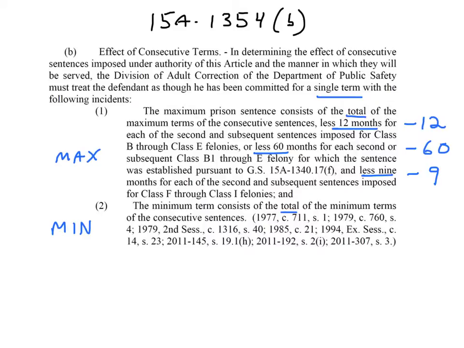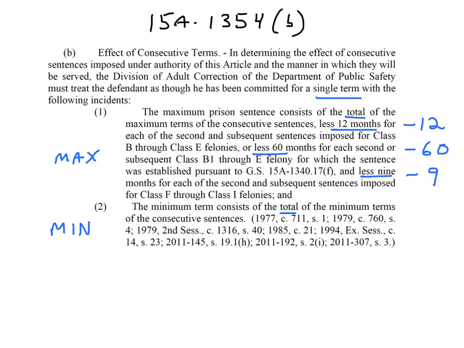Now the reason we do that subtraction is because every felony maximum sentence nowadays includes time built into it for post-release supervision, but when a person is released from consecutive sentences, they only serve one term of post-release. So we need to do that subtraction to purge out the extra time that is built into all but one of the sentences. And so I realize that it's a little complicated to talk about these things in the abstract,